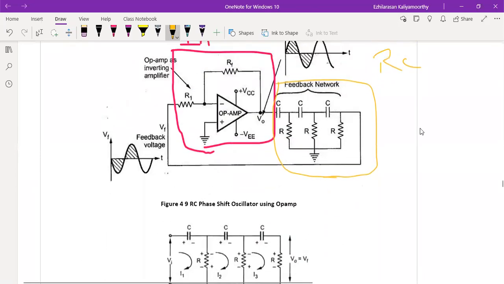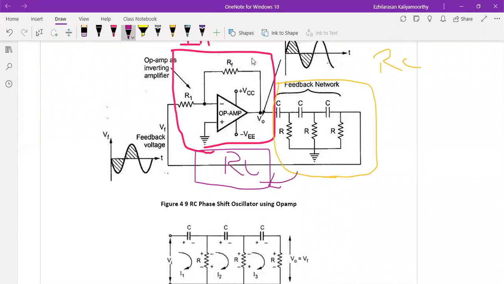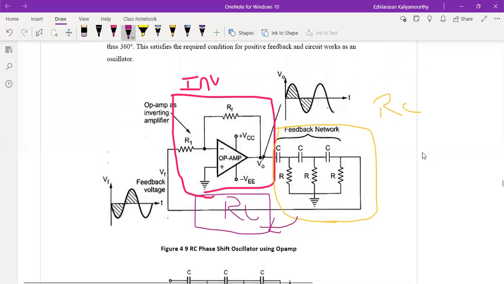So you may think how this is a feedback network. If you want to draw it that way, you have to think like this. We have drawn this diagram completely here, but instead we can draw that diagram here also. Assume this is the RC network, the same one comes over here. Then I can say this is the amplifier stage and this is your feedback stage. That is why I said feedback network.